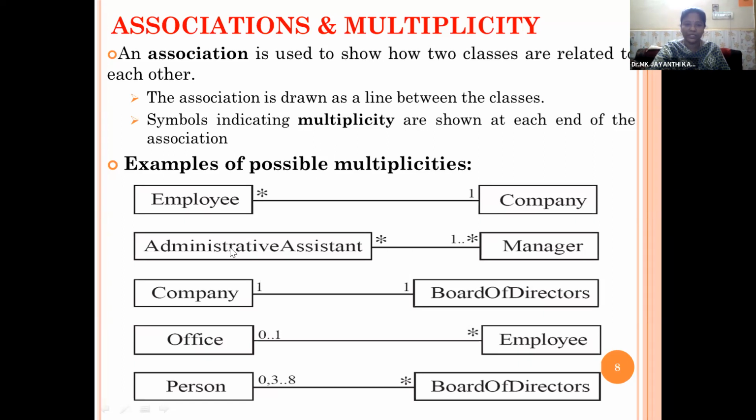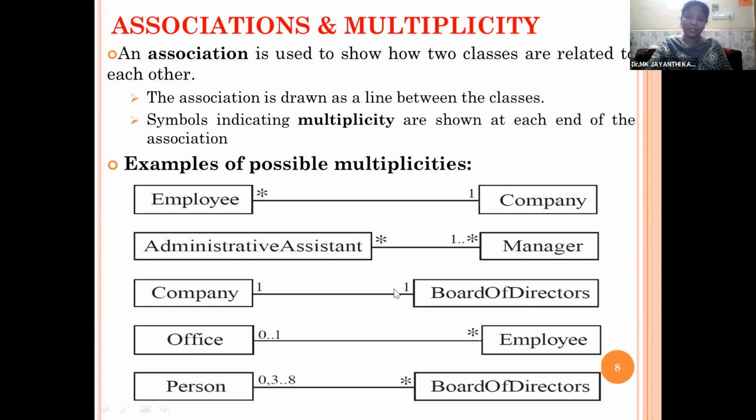In the same way, we have administrative assistant and manager. There will be one manager or n number of managers, 1 to n, and administrative assistants will be n. So one manager will have n number of assistants. In the same way, n number of managers will have n number of administrative assistants. In the same way, we have the Company class and the Board of Directors class.